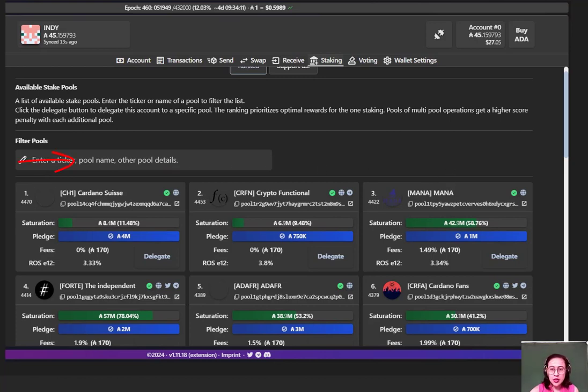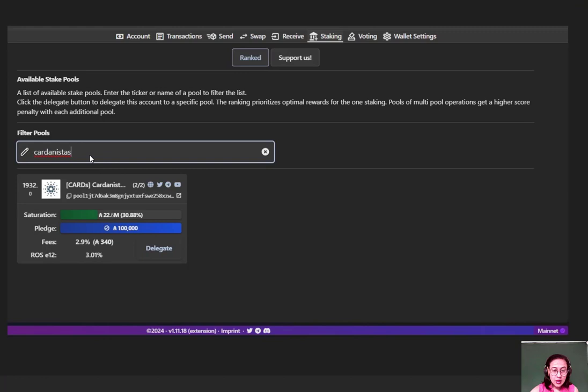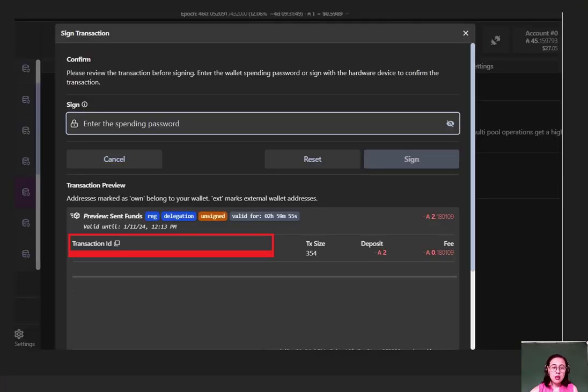You're gonna type Cardanistas and then it will show up the option. You just click in delegate. There you will open the page where you sign the transactions and it's actually telling you